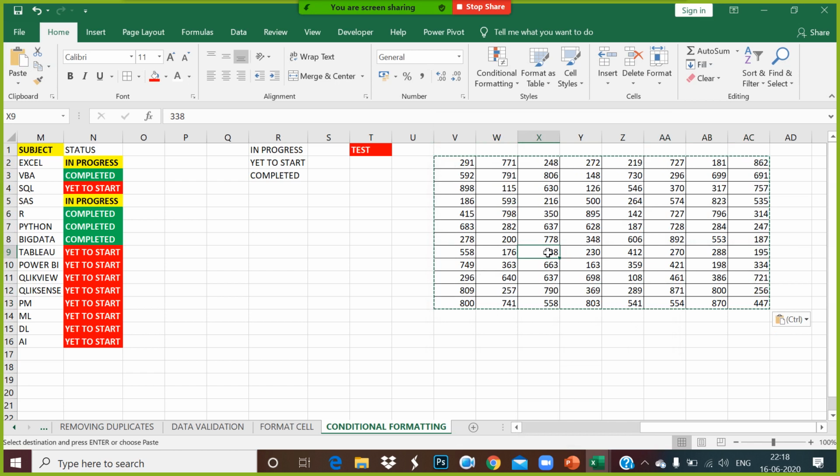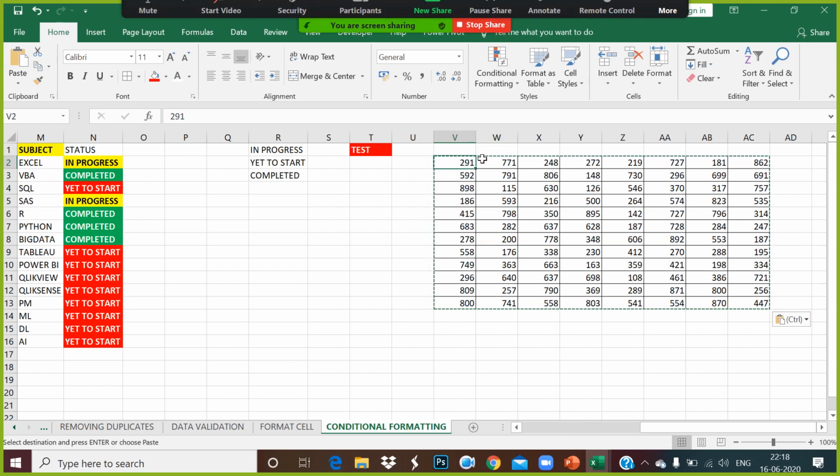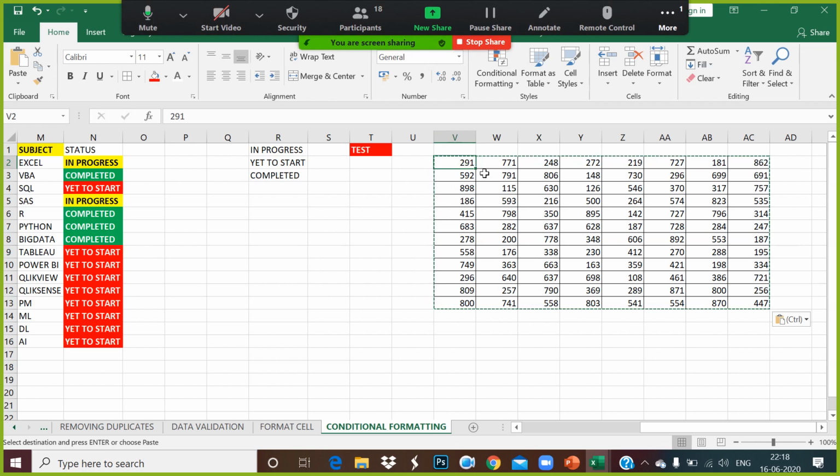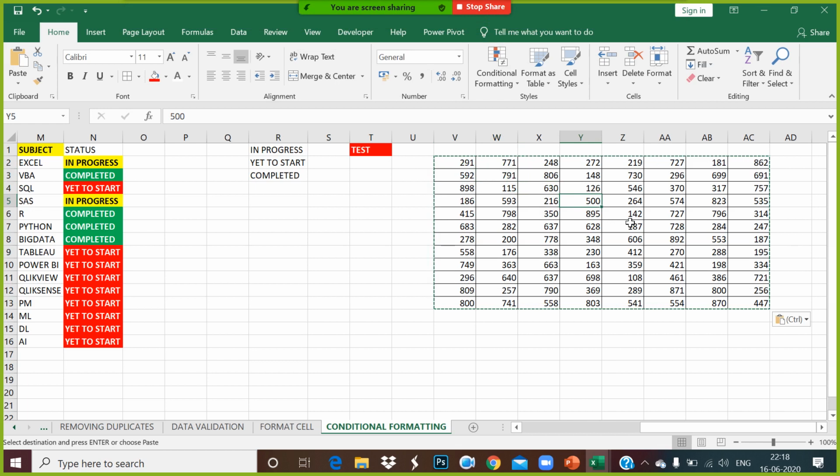Can we drag diagonally? No, we can do it horizontally as well as vertically. We can also go back, we can also go down, we can go up. That is called offset: up, down, right, left. But we cannot go diagonally. Diagonally, we cannot drag this. But for that, there is a formula we can use, but that is in the advanced part. Okay. So these are the values, guys, which we have.